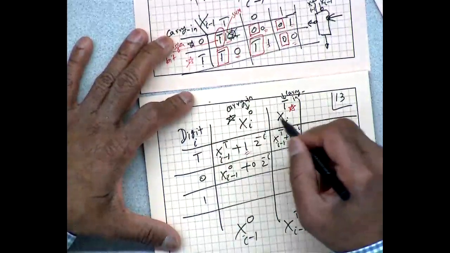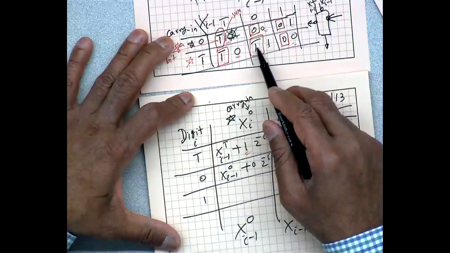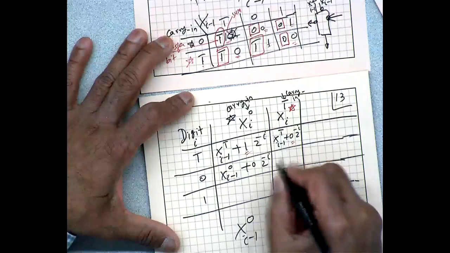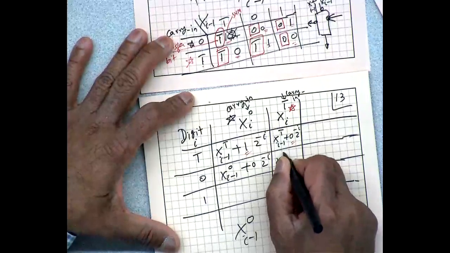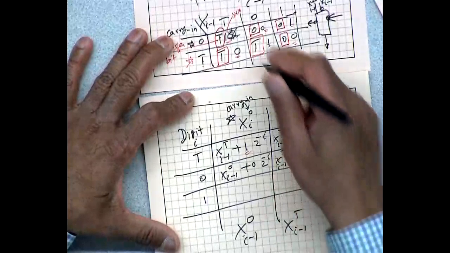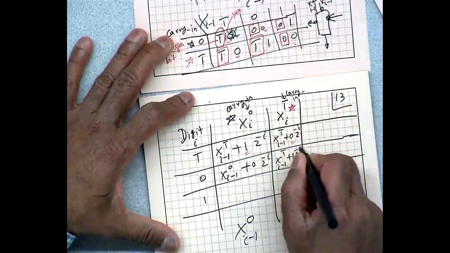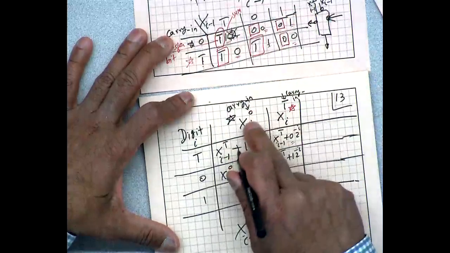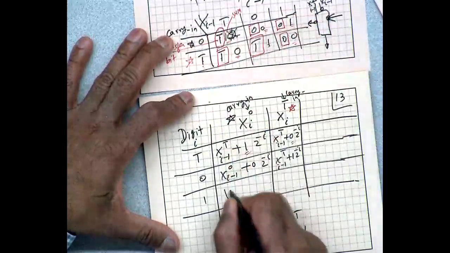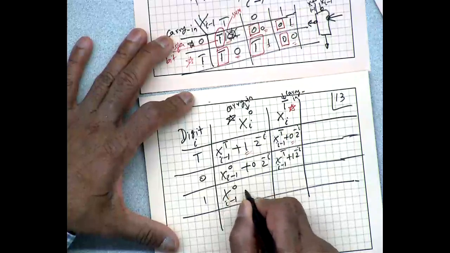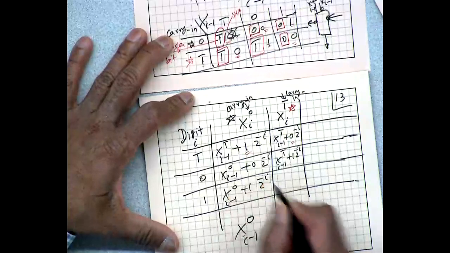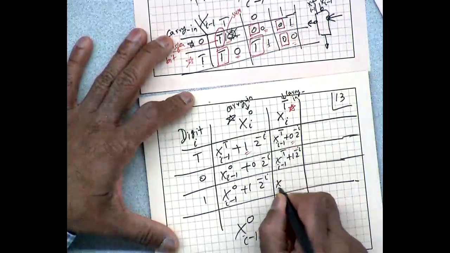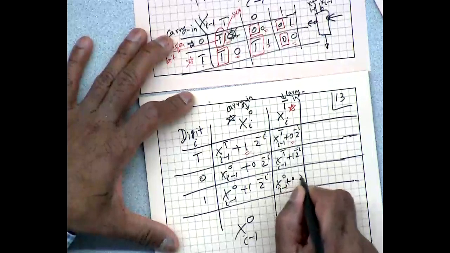This is the update of the 1 bar. Then that is 1 bar, 1. That means previous x_{i-1} bar is now appended to the ith position with 1. And finally, if the digit is 1, carry in is 0, that's x_i 0, that's 0, 1. So x_{i-1}, 0, plus 1 times 2 to the power minus i. And finally, this last entry, x_{i-1}, 0, plus 0 times 2 to the power minus i.